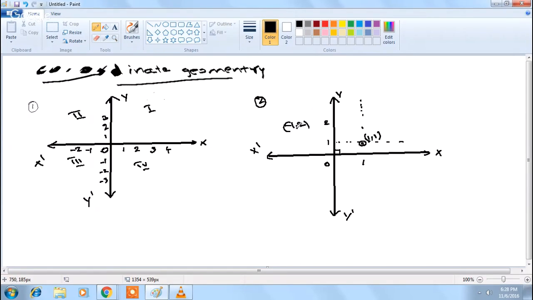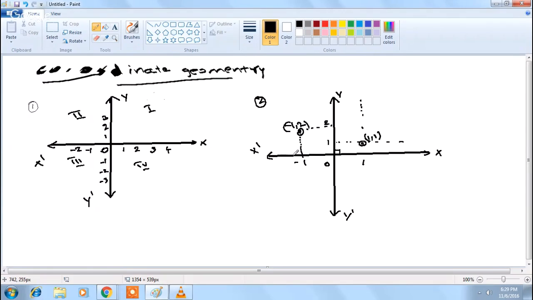Here the x value is negative. Why? Because moving from origin to left side, we have negative x values. So here the negative x value is minus 1 and the positive y value is 2. So this point would be minus 1 comma 2,